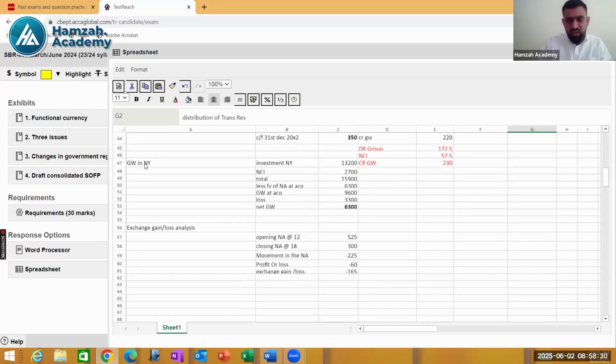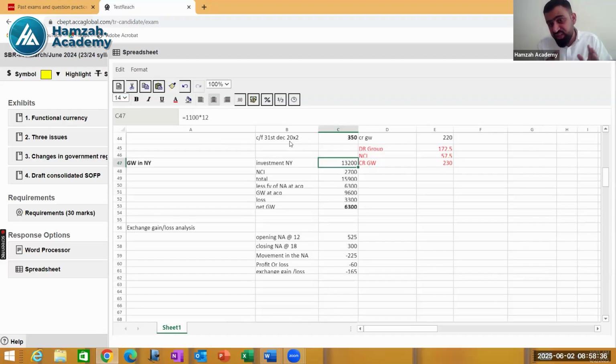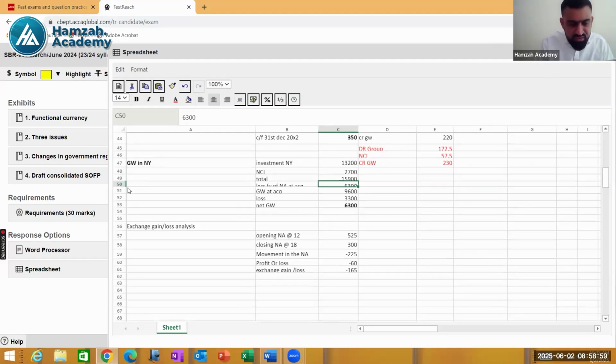I have done another working, which is goodwill in the currency of NY. So in NY, if I translate the value of 1.1 million US dollar using the exchange rate at the date of acquisition, the value of the investment is 13.2 million. Value of NCI is given, it is 2.7 million. So total is 15.9. And the fair value of the net assets in NY at the date of acquisition is 6.3